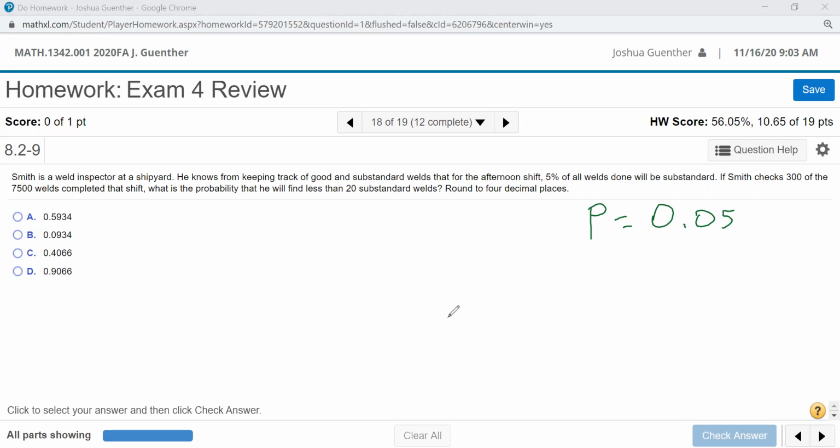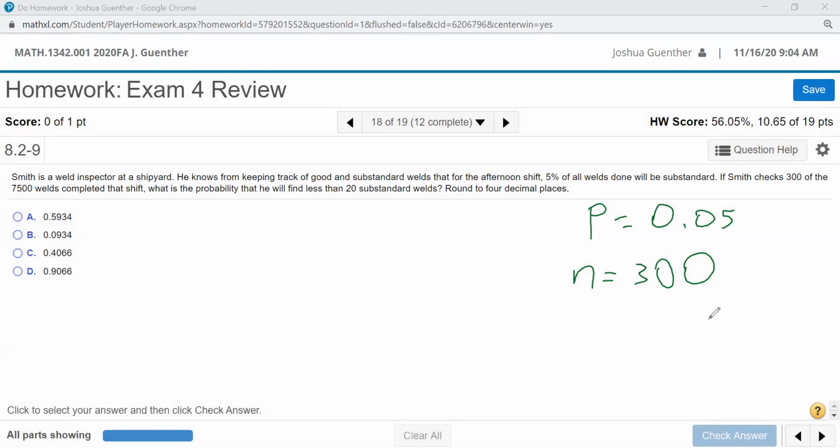Now Smith is going to check 300, and Smith is kind of a cool name. Is Smith his first name? Smith's a really cool first name. It sounds like some Matrix stuff here. But anyways,